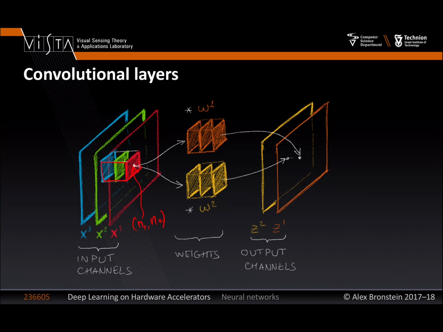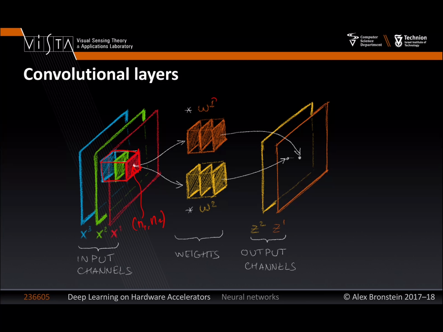I'm taking this cube. So think of it as a cube. It's some horizontal size, some vertical size, and some depth. In this case, depth is 3 channels, so a vector of 3 pixels, R, G, and B in that direction. So I have a 3-dimensional cube, a 3-dimensional tensor. I convolve it with, let's say, a set of 2 filters, W1 and W2, two sets of weights, and